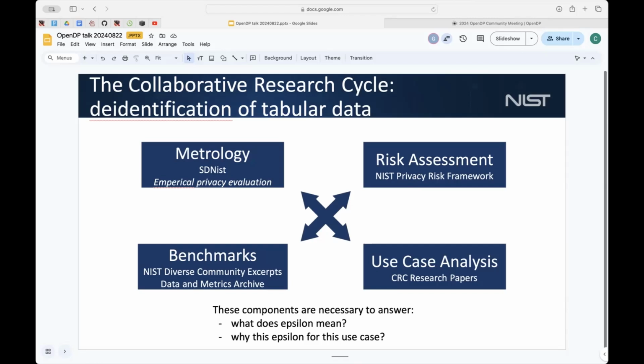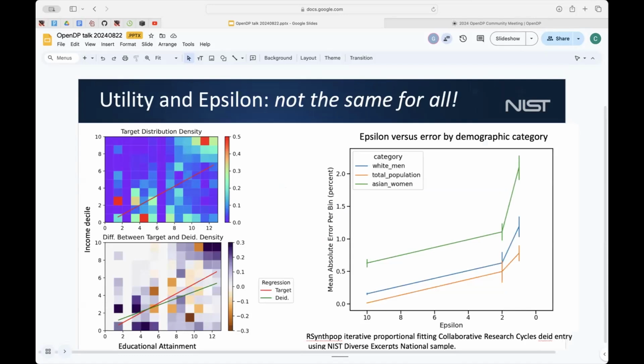And so these types of questions are going to be essential for organizations to ask if they're going to navigate for them, for a specific use case. What's epsilon mean? And then why this epsilon for this specific use case? On the next slide, let me give you a specific example that might motivate this before I turn it over to Christine. These are some data that are drawn from the